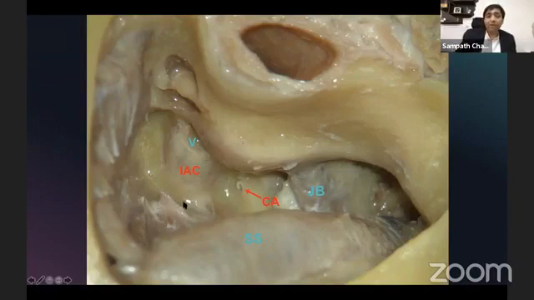So the next step, when you're delineating the IAC and drilling the bone below the IAC, between the IAC and the jugular bulb, you have to identify the cochlear aqueduct. When you're identifying the cochlear aqueduct, there is another thing that you need to know. Do not go between the cochlear aqueduct and the jugular bulb, too deep. If you go too deep, two things can happen.